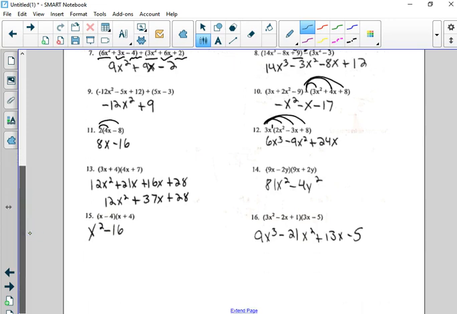On 13, we're foiling, so first times first, 12x squared, outer, 21x, inner, 16x, last, 28. Same thing here, except the nice thing is, these are exactly the same, 1 plus, 1 minus. So there is no outside and inside term. It's just first, sorry,